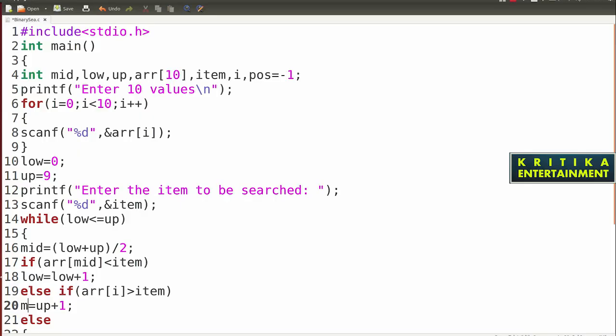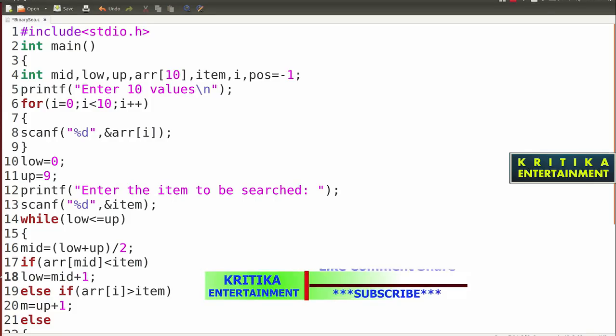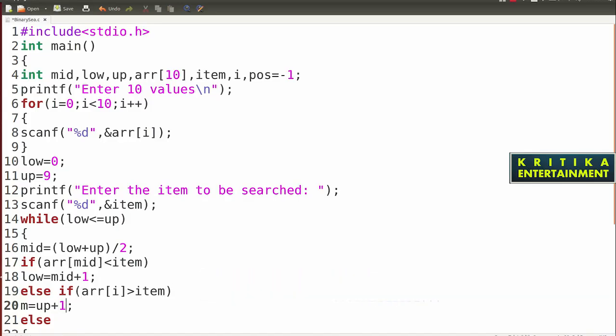So here if array mid less than item, then low is equal to mid plus 1. Here write low is equal to mid plus 1. Then if it is greater than item, then up is equal to mid minus 1.